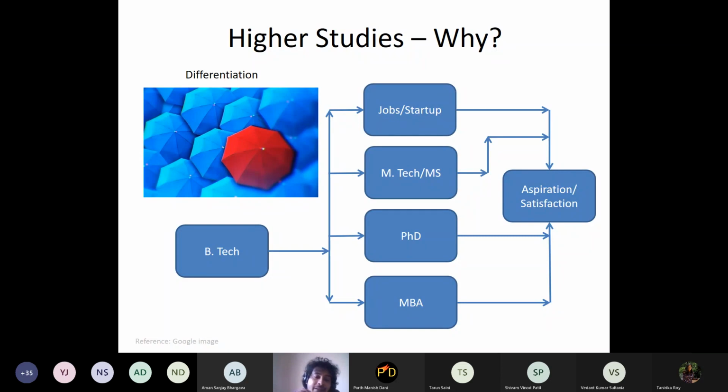Now how does that help in a real world scenario, like if you go to a job in R&D or a couple of areas after, say, masters or PhD? So this is basically a kind of training we are getting during the higher studies.